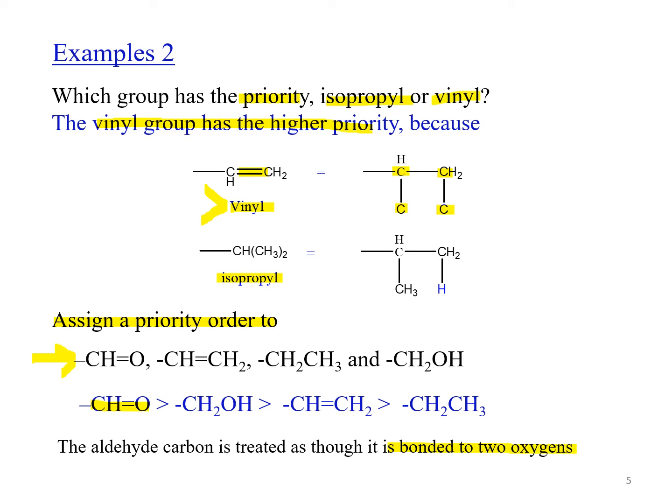So this makes the atomic number much higher. Then will come the CH2OH group, which has at least 1 oxygen. Then the CH2 group, which is our vinyl group, and at the end will come the ethyl group, which does not have any double